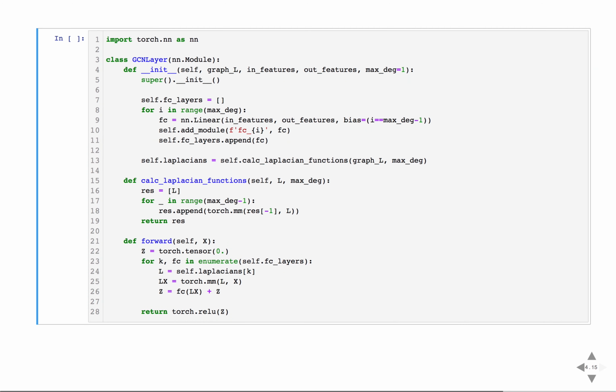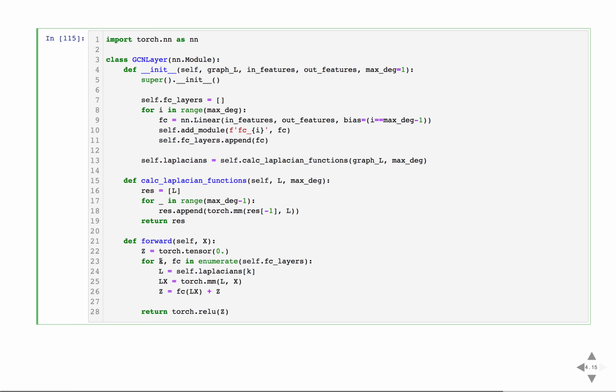Okay, so this is our model. This is one graph convolution layer. It's again based on the formula for the spatial version. You can compare this implementation to the formula for the spatial version that we saw before. Let's actually start from the end this time. All this is doing is going over this